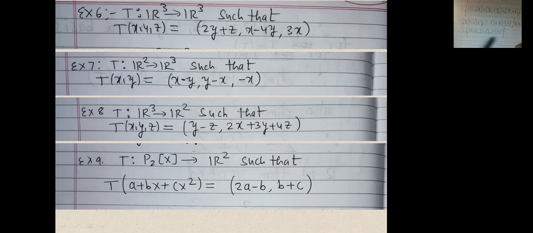So these three vectors spanning here have to be linearly dependent because we have done one theorem: if the dimension of a space is n, then any set containing more than n number of vectors is linearly dependent. So this set will not be linearly independent, it will be linearly dependent.